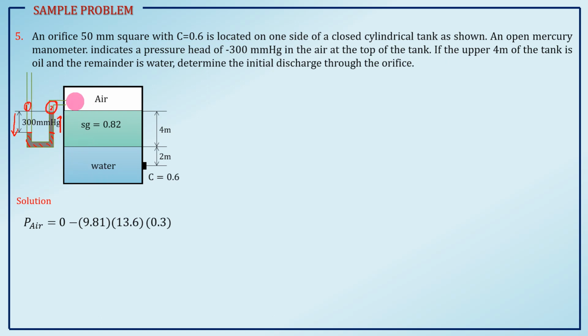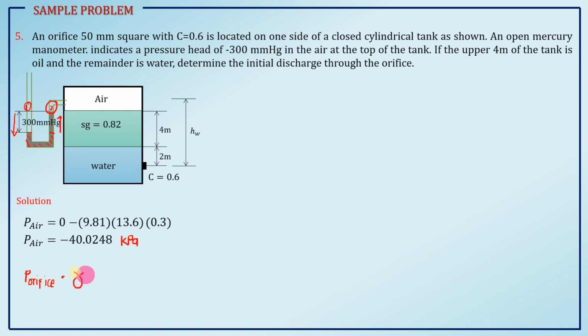Then, point 2 natin is the air na yan. So, pressure of air is negative 40.0248 kilo Pascal. Ayan. So, we will use yung relationship ng mga pressure to determine yung converted natin na head in terms of the liquid na nasa malapit sa orifice natin, which is HW. So, are we going to calculate for that? So, solve natin si P at the orifice. Yan. Then, yung pressure natin at the orifice, pag nakuha natin si pressure of the orifice, we can use yung